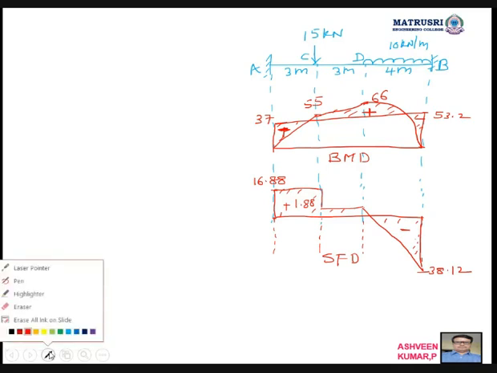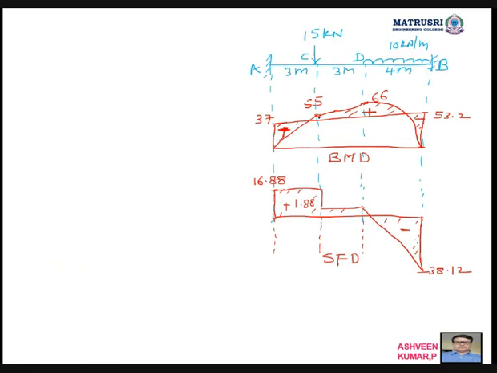Suppose in the same problem, if he is asking for, say, point of contraflexure. So point of contraflexure, please listen. So this is one point. You want to calculate the point of contraflexure. Say this I am taking as some R1. Okay, this I will take as some R2. Point of contraflexure is a point where bending moment changes its sign. Again, I will draw the figure.